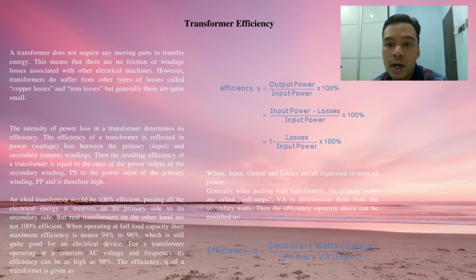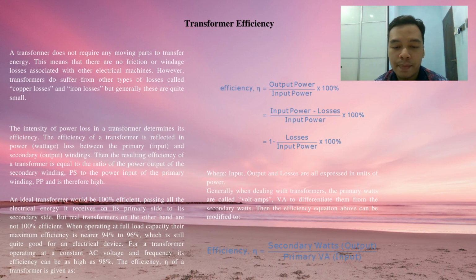efficiency equal to output power divided by input power multiplied by 100%. Simplify with input power minus losses divided by input power multiplied by 100%. Simplify 1 minus losses divided by input power multiplied by 100%, where input, output, and losses are all expressed in